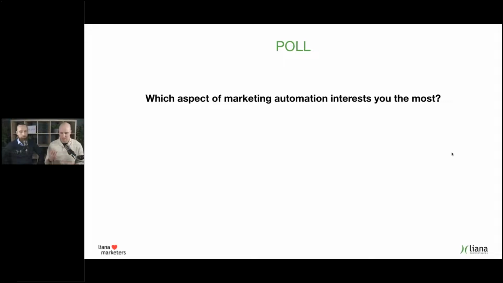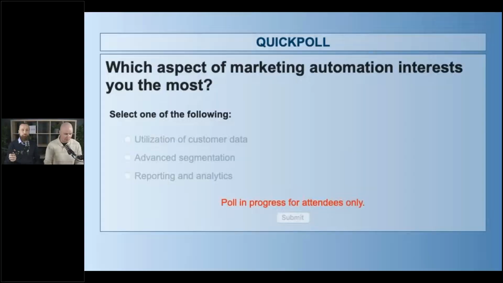We have talked about segmentation and reporting and analyzing and integrations. So now the question for you on the other side of the cameras is which aspect of marketing automation interested you the most? This is interesting to hear now because we have talked about so many things.